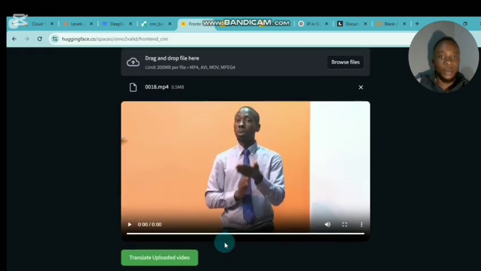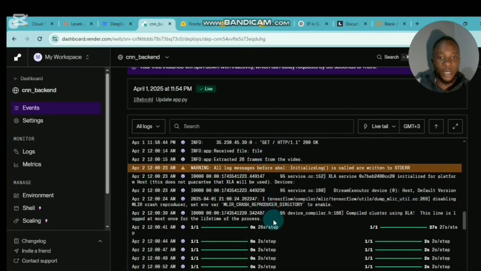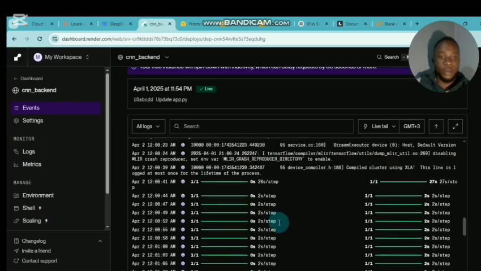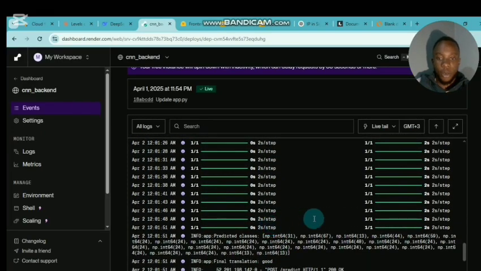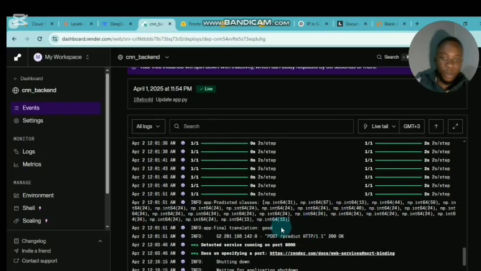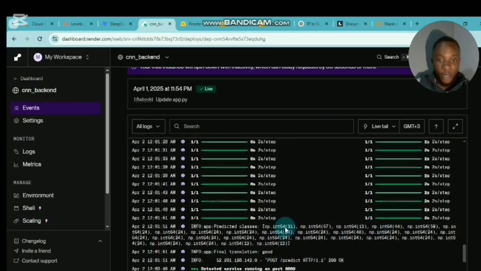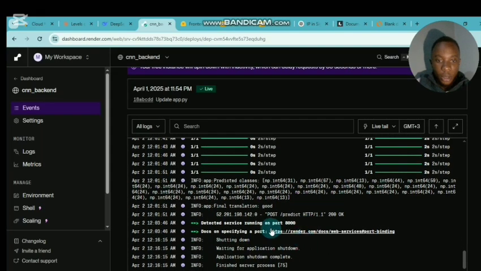As you can already see, I've uploaded the video, and to not waste time, when I hit this translate the uploaded video button, it basically just passes this video to the backend, and the frames are extracted from the video, and these frames are passed to the model. But before that, they are pre-processed. Then after the model has predicted the classes,